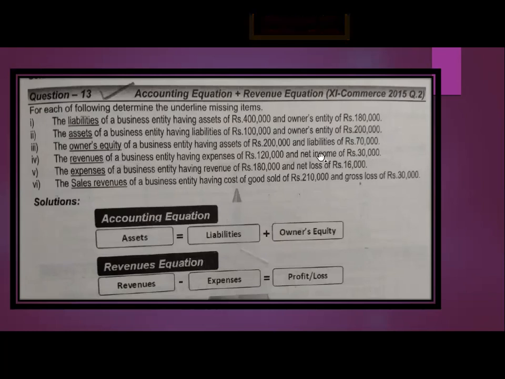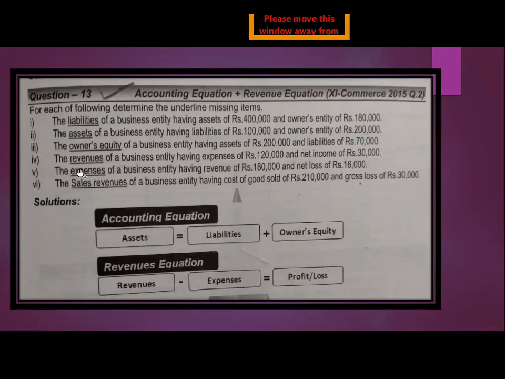नेट इनकम का मतलब प्रॉफिट और लॉस दोनों होता है. ठीक है, अगर ये लॉस होता है तो इसके आगे नेट लॉस का वर्ड मेंशन होता, या फिर ये वैल्यू ब्रैकेट में मेंशन होती. ठीक है, तो ब्रैकेट अकाउंटिंग में नेगेटिव वैल्यूज को शो करता है या नेट लॉस को शो करेगा. ठीक है, अगेन एक्सपेंसेस के लिए भी मैं यही वाली इक्वेशन यूज करूंगी एंड शिफ्टिंग ऑफ प्लेसेस करूंगी